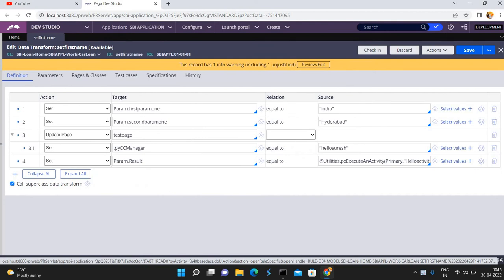This is my data transform, set first name. This data transform is in the work car loan class. From this data transform I want to call one activity. To implement this,